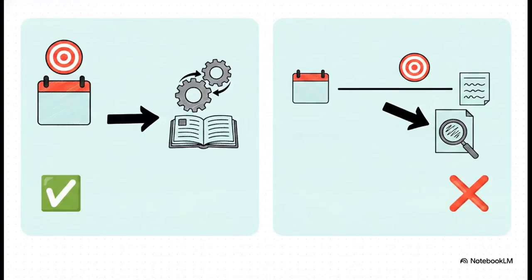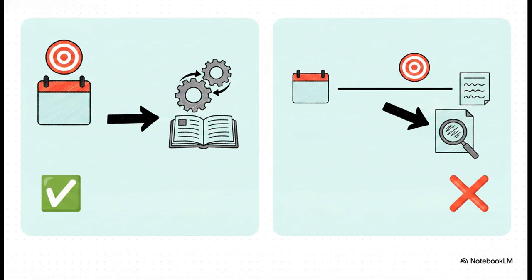Now we are getting into the absolute most frequently tested area of your exam. We basically divide all events that happen in that danger zone window into two buckets. Bucket 1, adjusting events. These provide evidence of conditions that already existed on the balance sheet date. For these, you must adjust the financial statements. Bucket 2, non-adjusting events. These are conditions that arose entirely after the balance sheet date. For these, you do not adjust the financials, but you do have to disclose them if they're material.